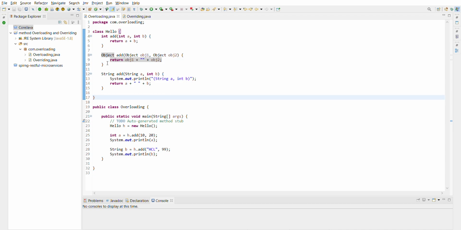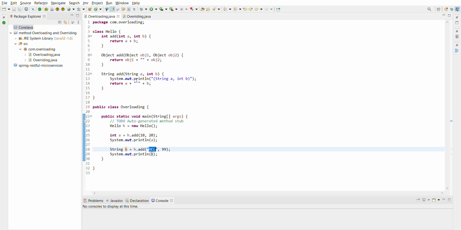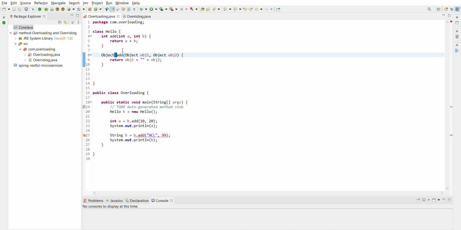Okay, in that scenario, this signature is responsible for calling both methods. It means suppose this method is not there, then it will call this method.